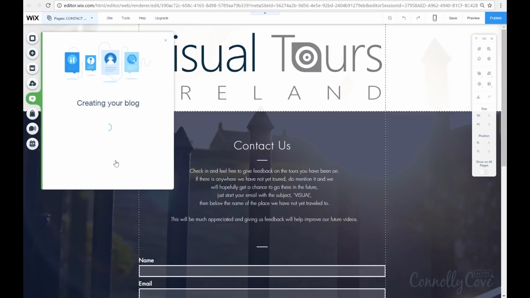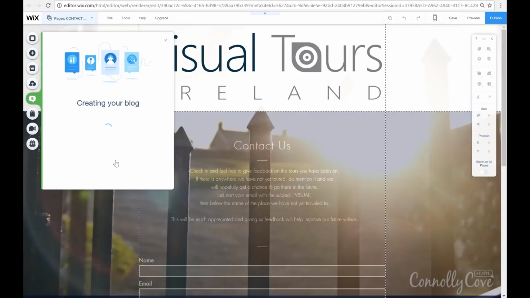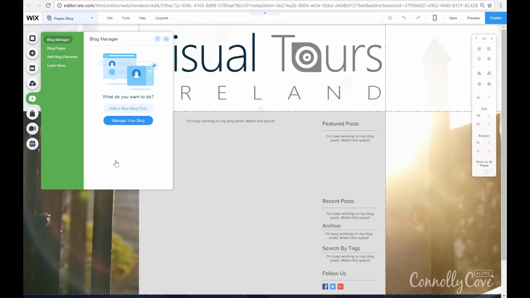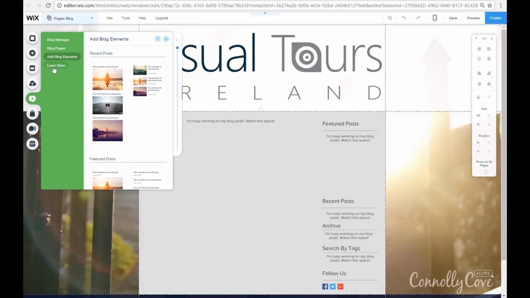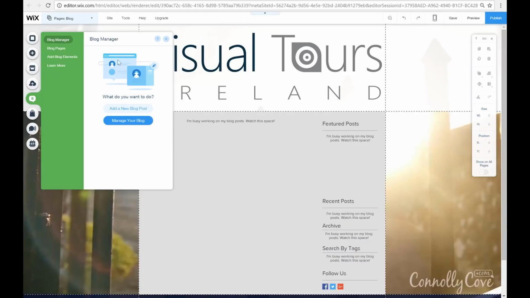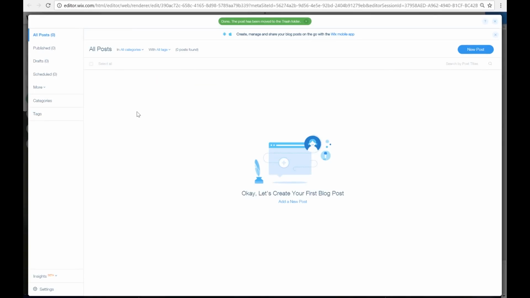So SEO is search engine optimization, and I'm going to talk about that next in the tutorial. So your blog add button just turns into your blog manager. You have add new blog post, manage your blog, blog pages, blog elements, and learn more. If we go back to the blog manager and manage our blog,